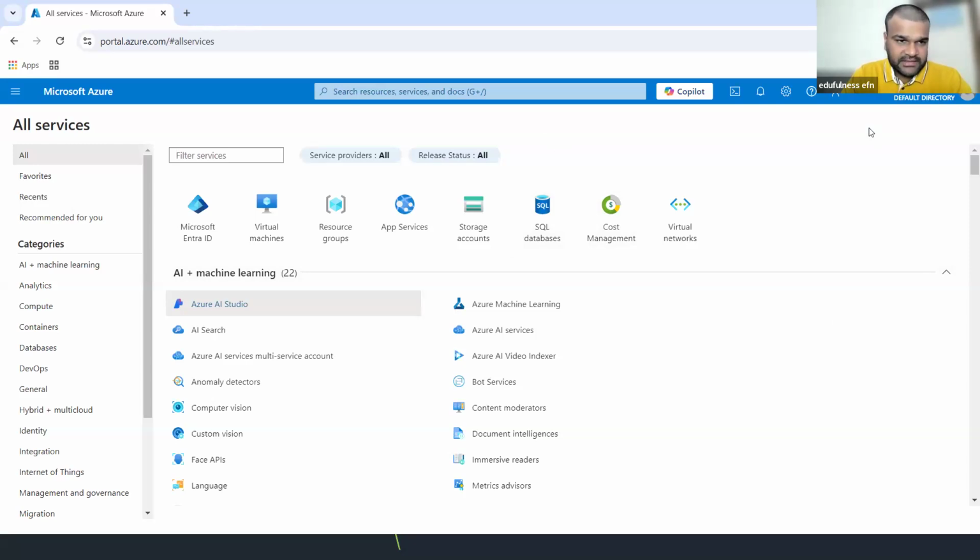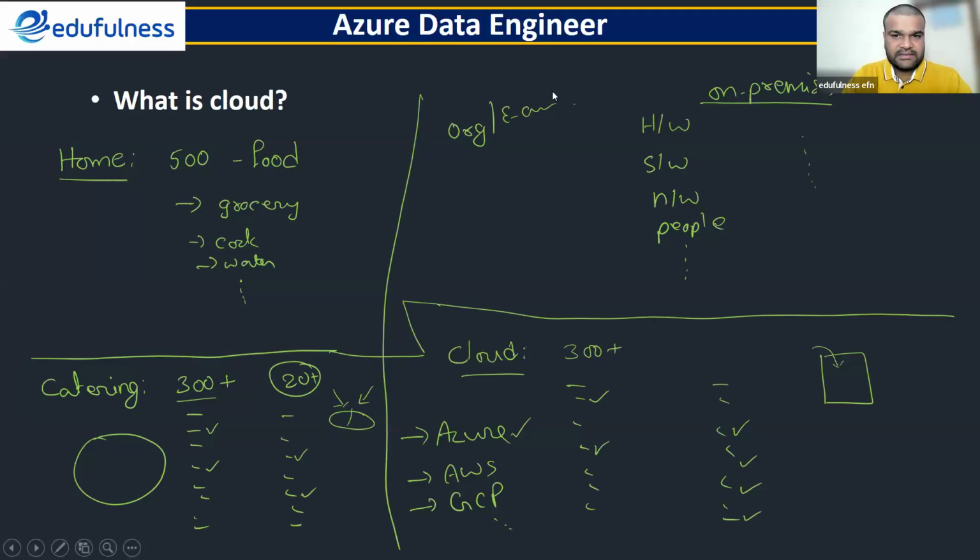Meanwhile, our main concentration is the SQL part, because by the time we start Data Factory, some basic SQL discussion will be done, so that we can use that SQL in Data Factory. It is structured in such a way. So this is what the cloud is. Any doubts? Any confusions here?